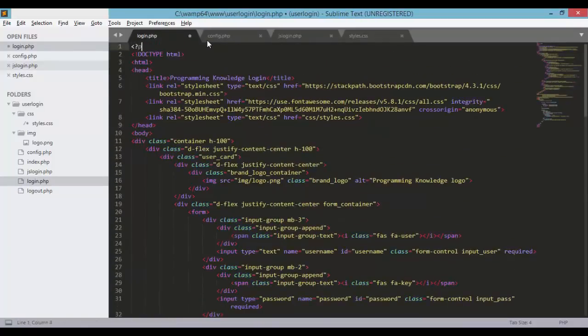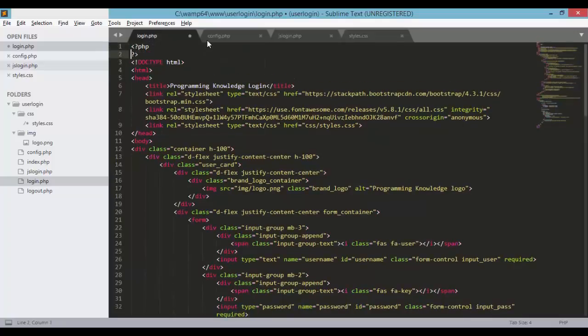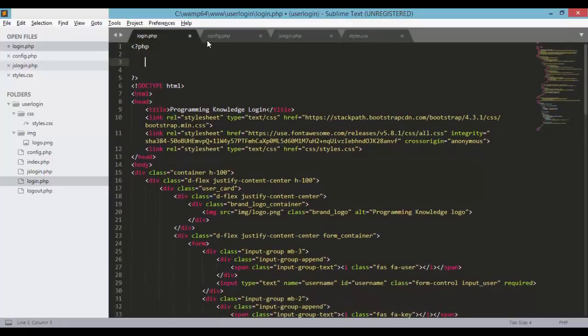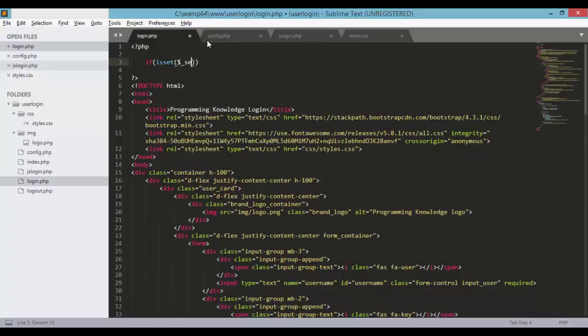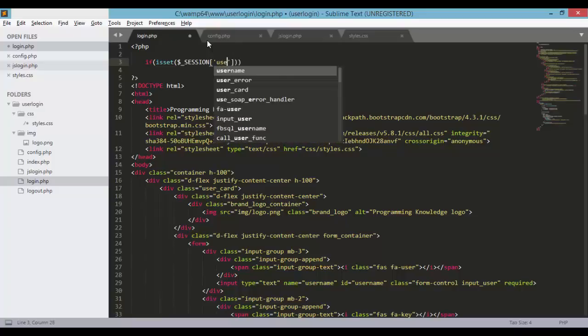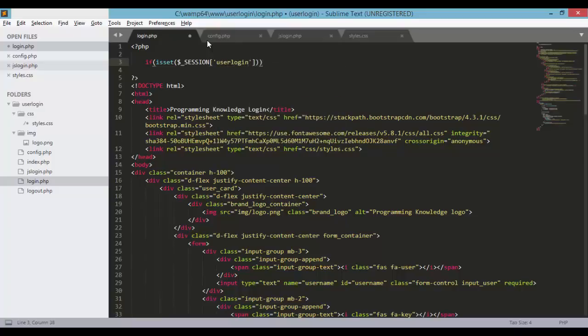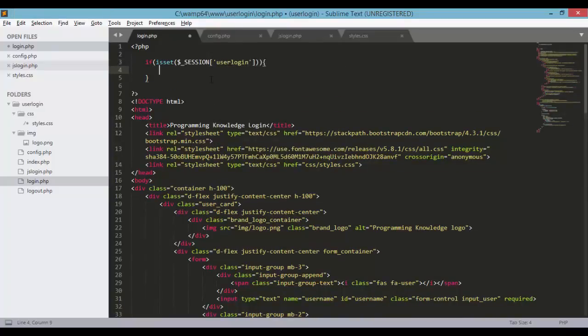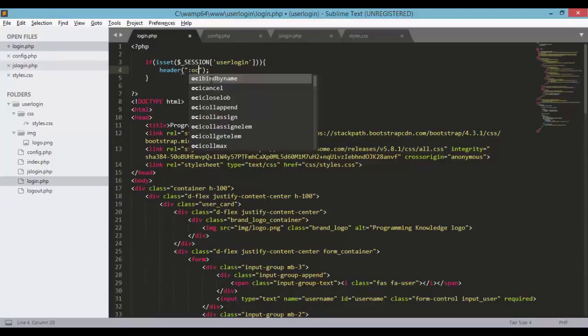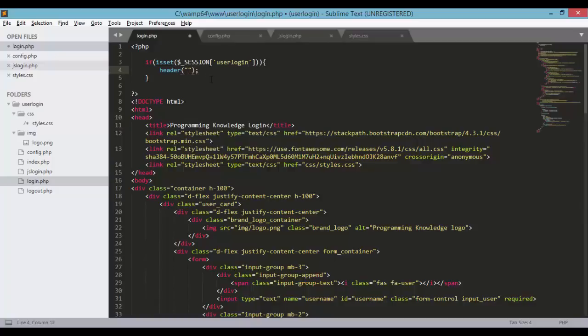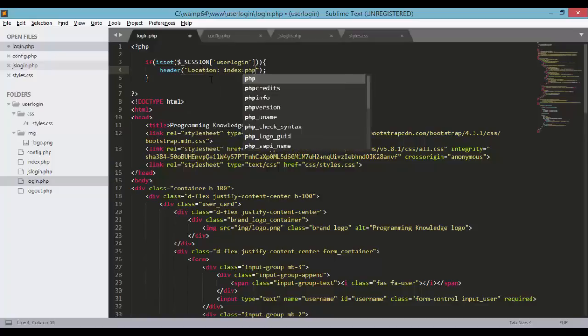So let's open up the PHP here and close, and let's check if the session user login is set, and add header with location index.php. Save,